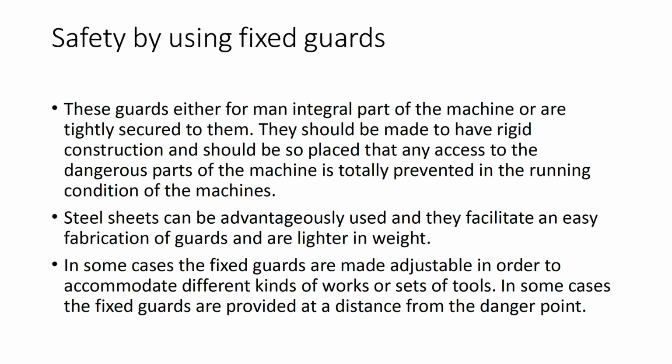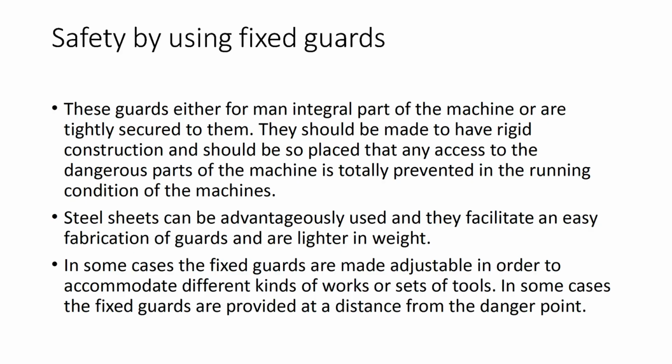Another common method is safety by using fixed guards. These guards are either an integral part of the machine or are tightly secured to it. They have a rigid construction and are placed so that any access to the dangerous parts is totally prevented while the machine is running. Steel sheets are often used because they allow for easy fabrication and are lighter in weight. Sometimes, fixed guards are made adjustable to accommodate different kinds of work, or they are provided at a distance from